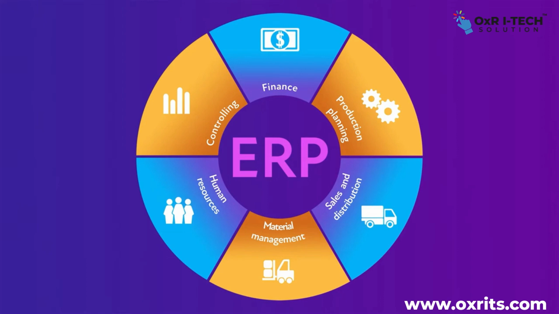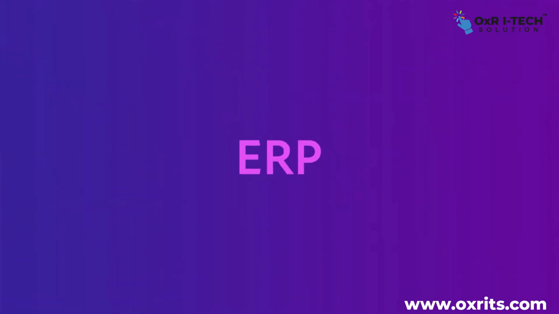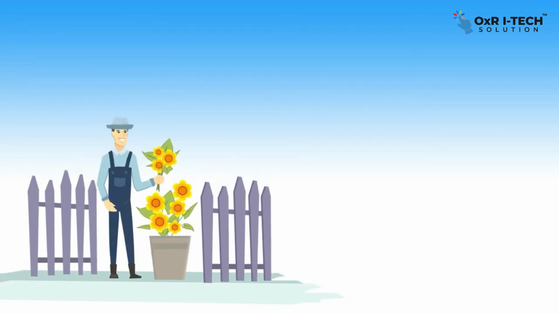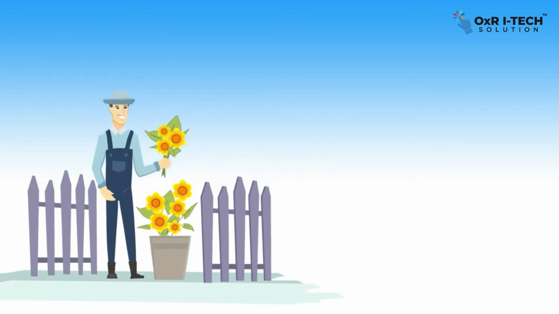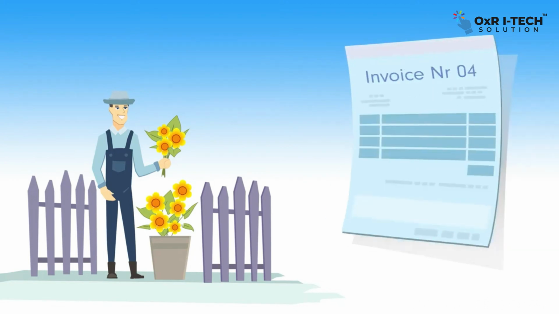I will try to explain it to you on the example of a company's development. Let's imagine that you have created a small business. For example, you have some flowers in your garden and you start to sell them. You don't have many sales, so you start using just paper to create invoices. Later, you became more modern and you started to use Word to create invoices and Excel to control accounting. You have more and more sales.